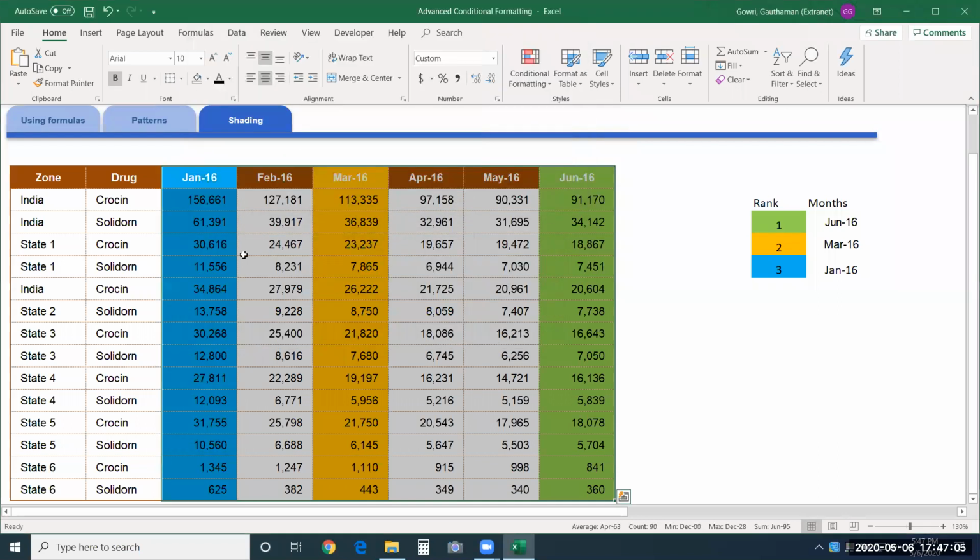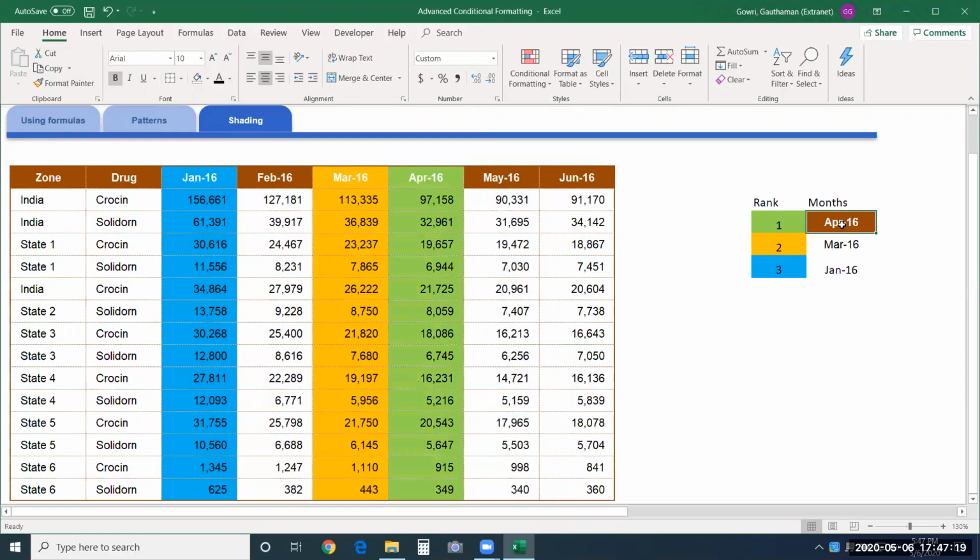Once we are done with it, you can see here. If I change the month name, I'll copy this and paste it over here. Instead of June 16, I'll give it here. You can see it will change. Is it clear, Nitin? Yeah, okay.